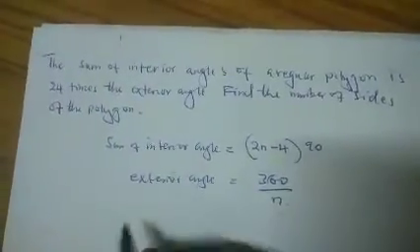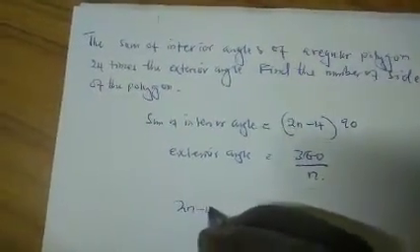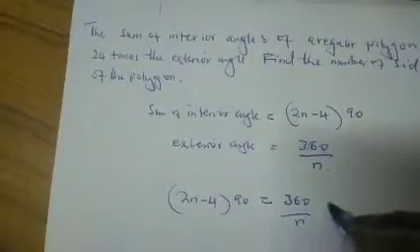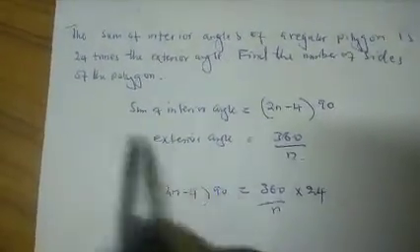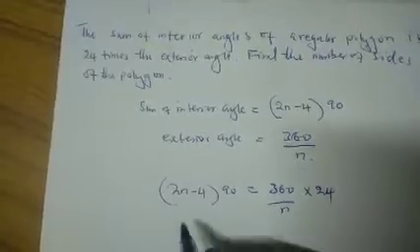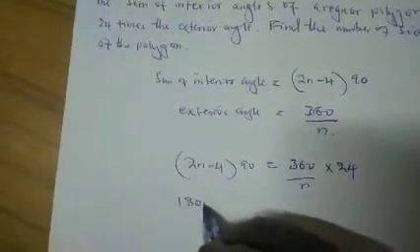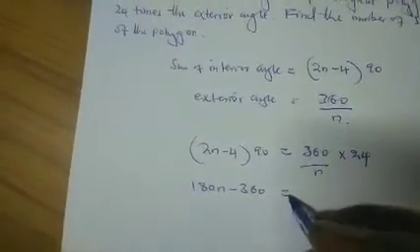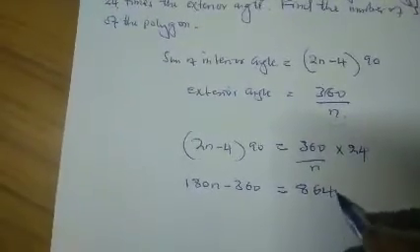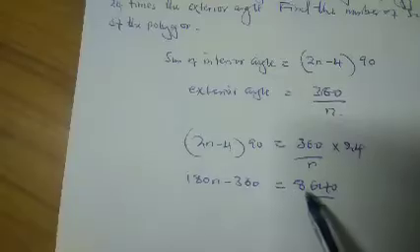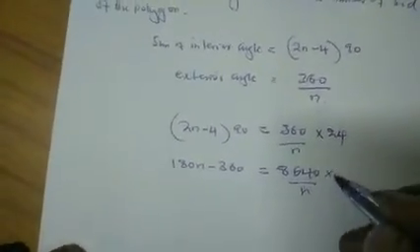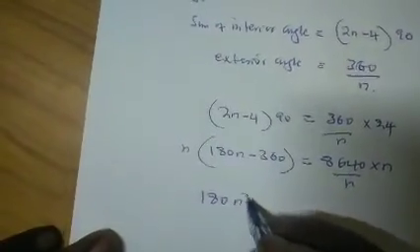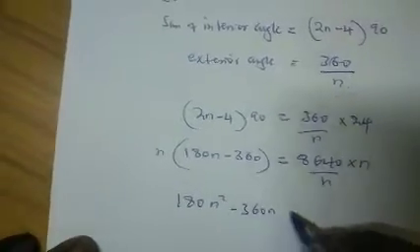So we are told that the sum of interior angles, which is 2n minus 4 times 90, should be equal to 360 over n times 24. It is 24 times the exterior angle, and therefore we have 180n minus 360 is equal to 8640 over n. Multiplying both sides by n, we have 180n squared minus 360n is equal to